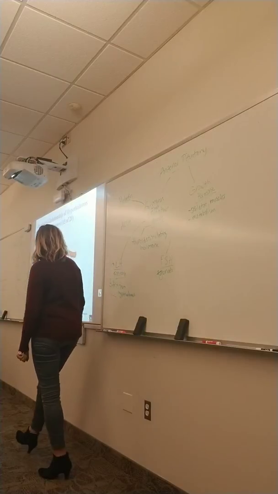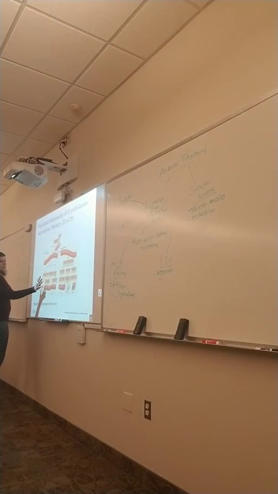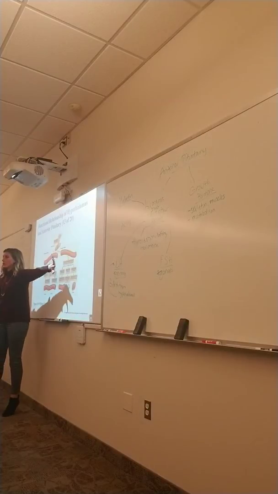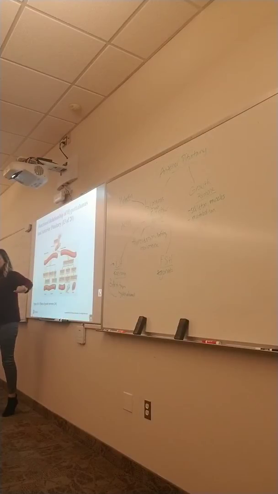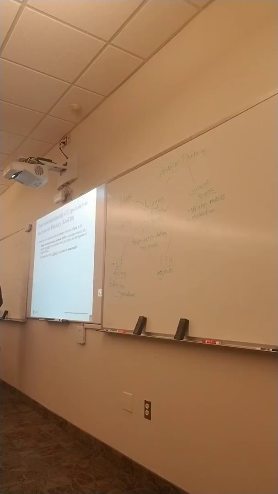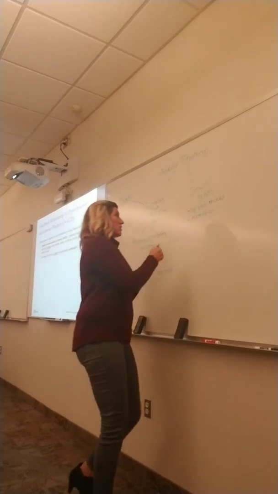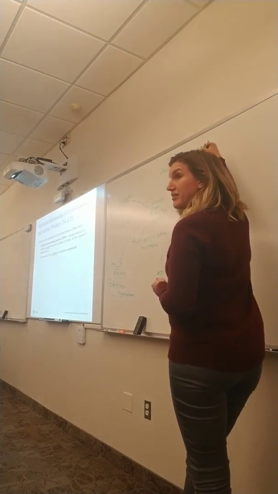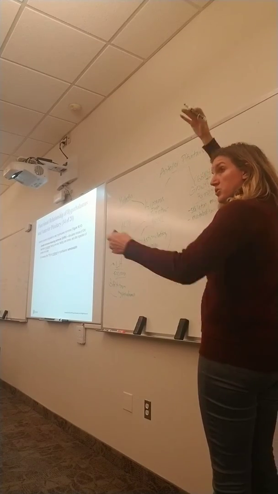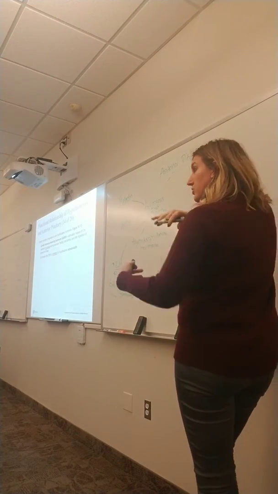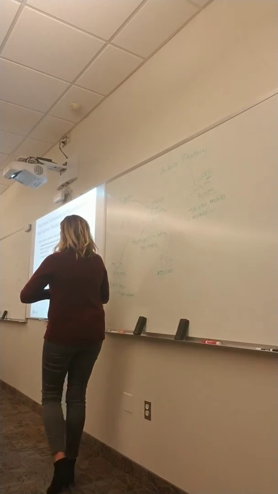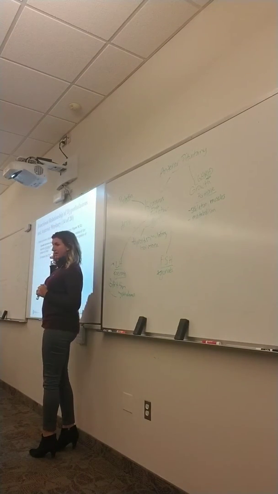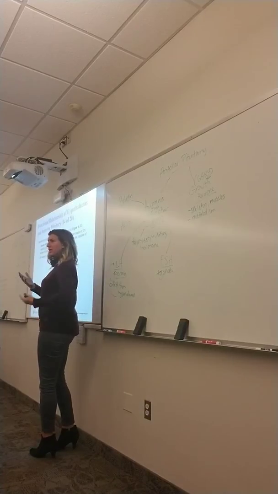So this is just showing how it works, right? Short-term effects, mobilizing metabolic reserves. Long-term effects, growth, metabolism, muscle mass. So growth hormone is stimulated by growth hormone releasing hormone, so GHRH. GHRH, releasing hormone, so that tells us that that's coming from the hypothalamus through the portal system to tell our anterior pituitary to release, right? And it gets inhibited by something called somatostatin, which is another, it's kind of an antagonist.